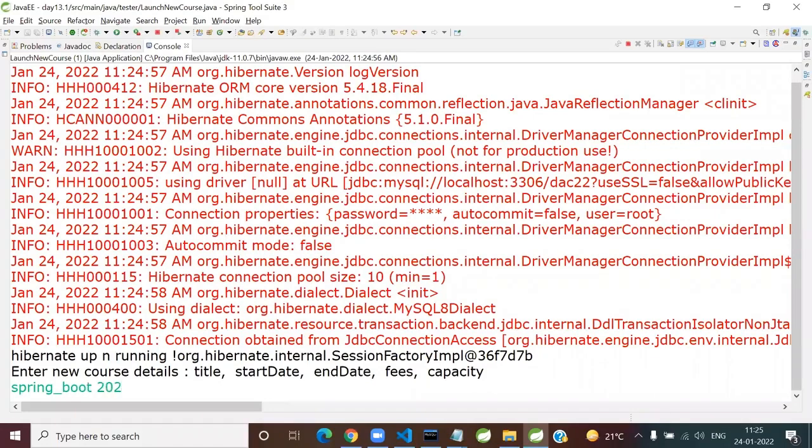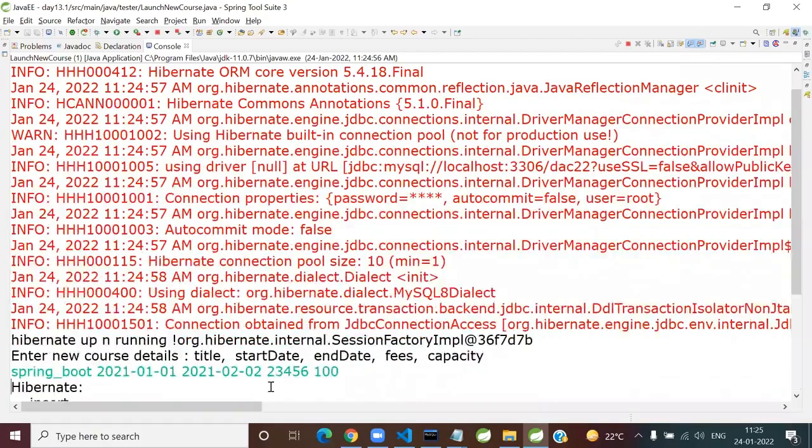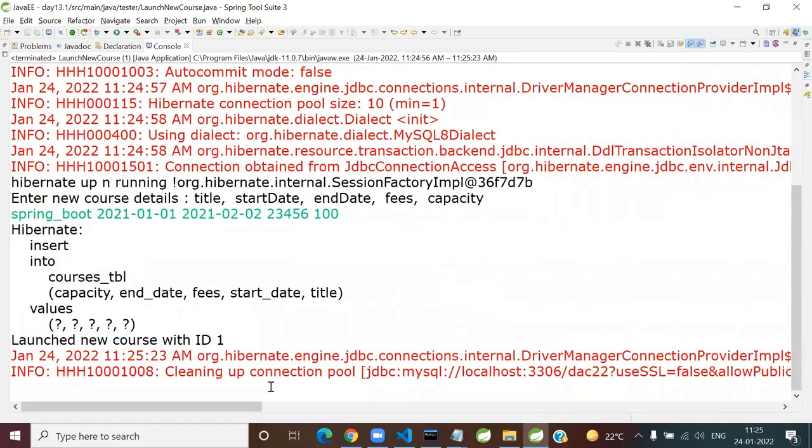Start date. And the capacity. I'm launching a new course, which you already have. I mean, Spring Boot you may not have, but the point is you have some course. Next is,